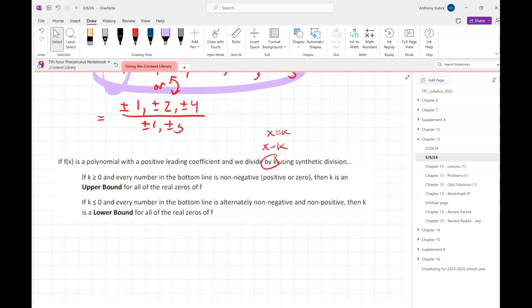If I find that 1 is an upper bound, great, then I can cross off 2 and 4 from my list. Or if I found that -1 was a lower bound, I could cross off -2 and -4 from my list, right? So it would allow me to do synthetic divisions with these rational zeros, but I'd also be able to discard or cross things off my list as I went that were now impossible,